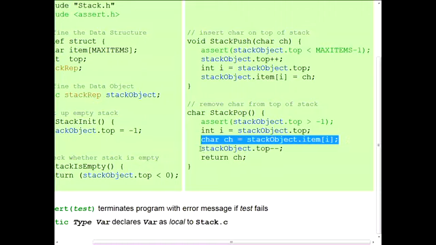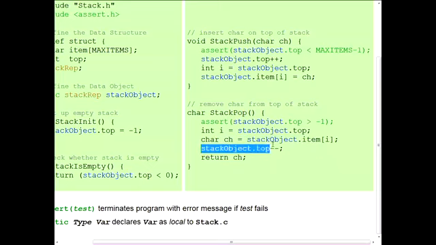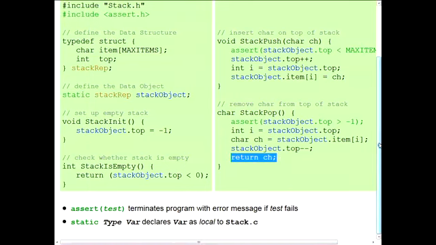And I don't actually delete it from the array. There's no need to do this. I just reduce the index for the top element so that if, for example, I perform another push operation after this, the previous character will be overwritten. And I return the character. So that's how I could implement a single stack